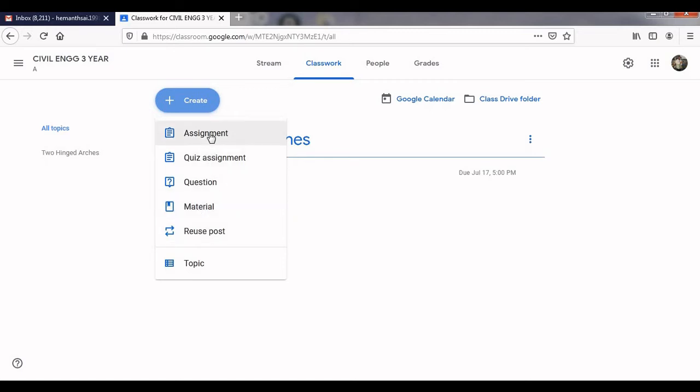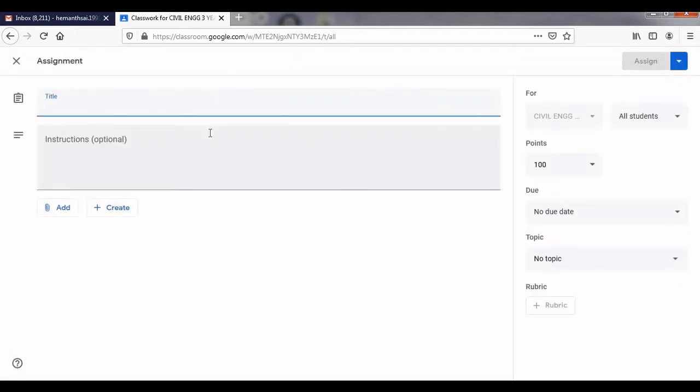And here when we come to assignment, click on assignment, and here you can give assignment number 2. These instructions are optional.